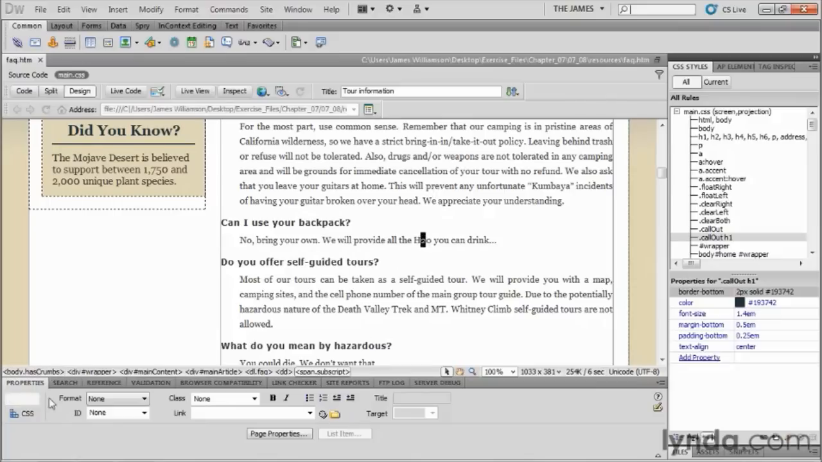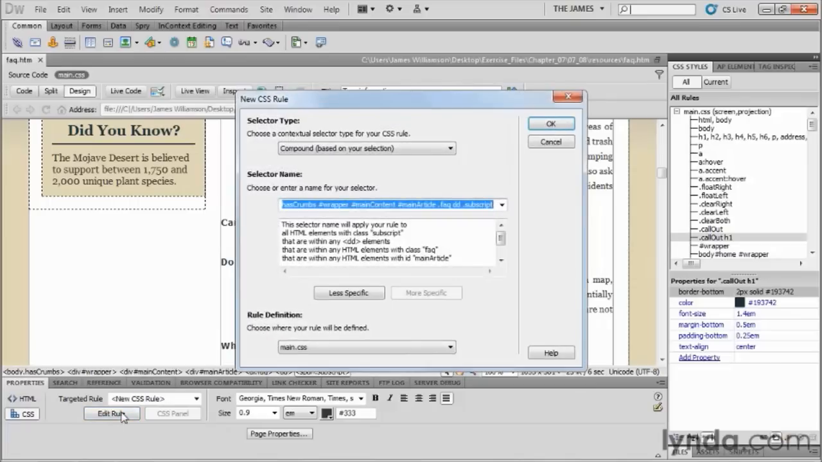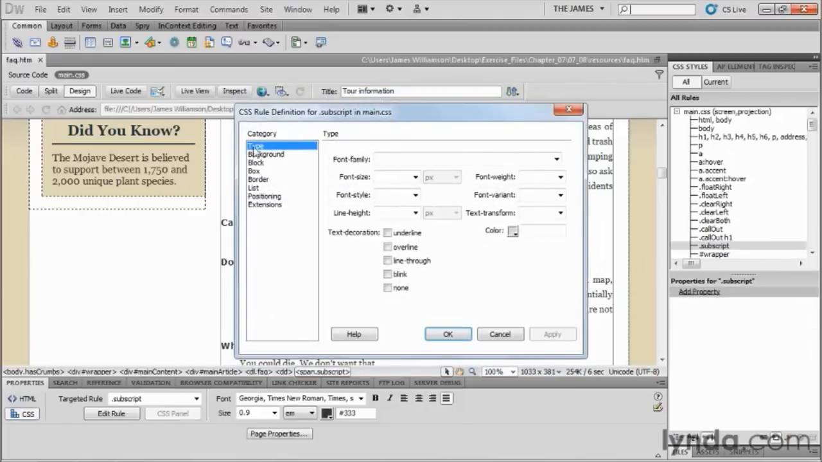And with that highlighted, come down to your properties inspector. Make sure you're on the CSS tab. Make sure your targeted rule is a new CSS rule, and click Edit Rule to create a brand new class based on what you have selected. So here, my selector type needs to read class, and we're just going to go ahead and call this .subscript. There we go. I'm going to click OK, and in our CSS rule definition dialog box, you'll find the